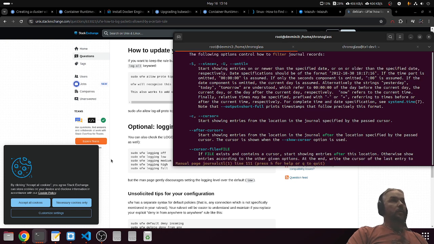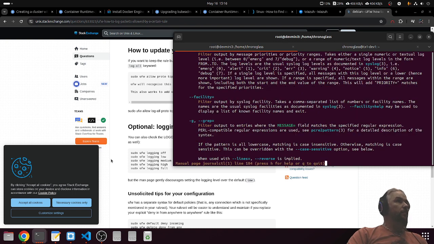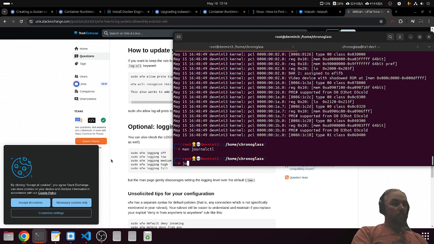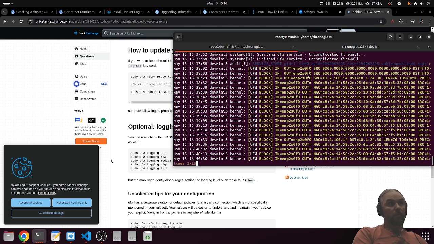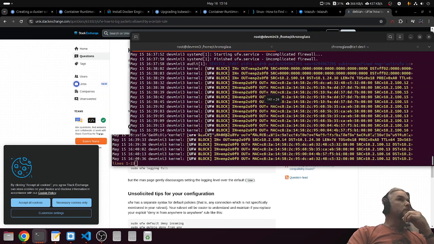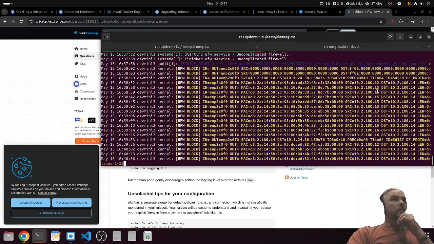Start showing specified by the past cursor. Let's see, journalctl -g UFW. There we go. So we have a block in from